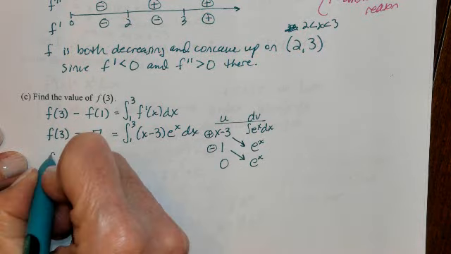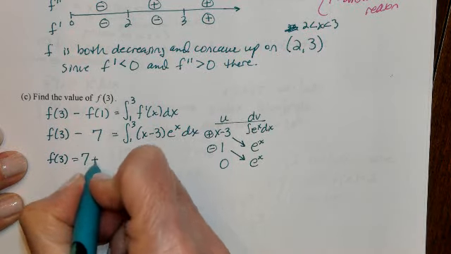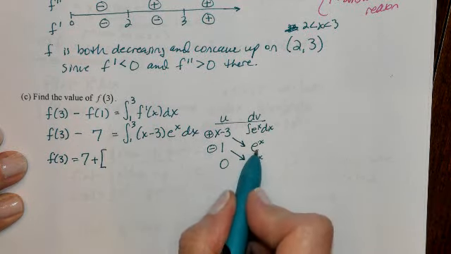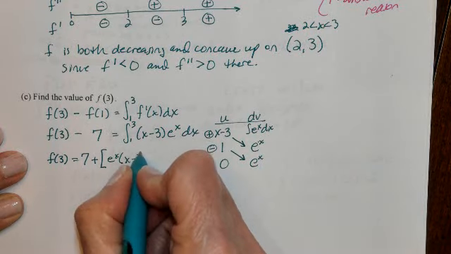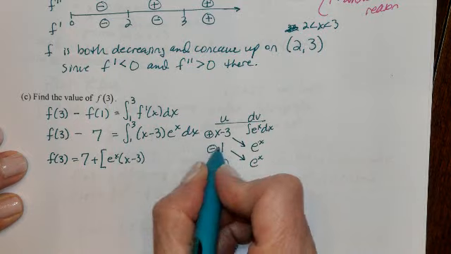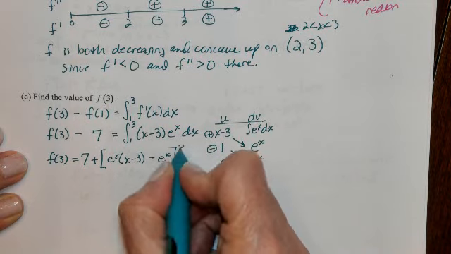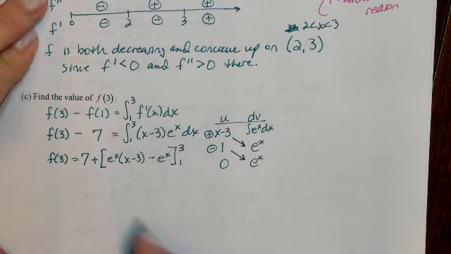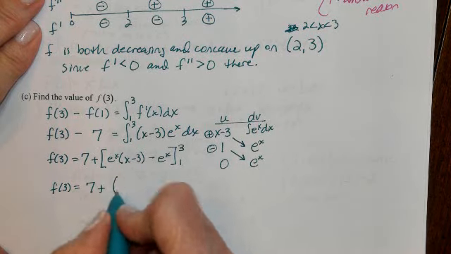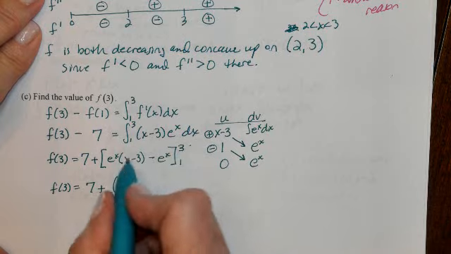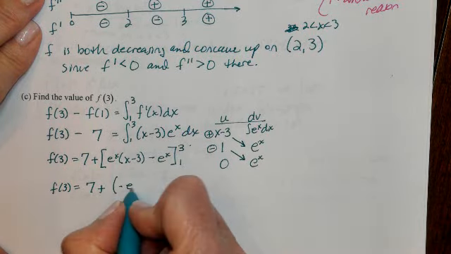So f of 3 will be, I'm bringing the 7 over, plus e to the x times x minus 3 minus e to the x from 1 to 3. So f of 3 is 7 plus, put 3 in for x. When you put 3 in for x, this is now 0, minus e cubed,